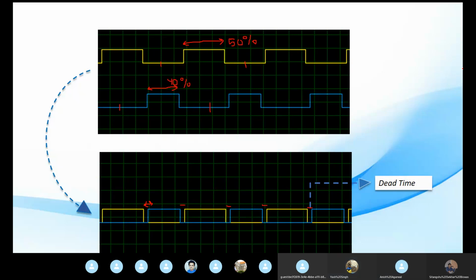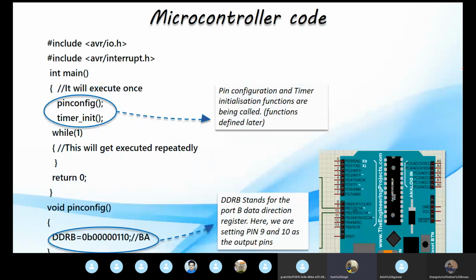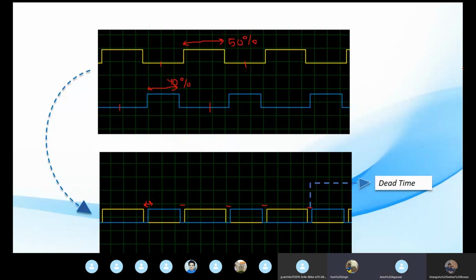Can you explain this once more? The thing that you said right now about calculating the dead time. In simple words, suppose the yellow wave remains on for a count from 0 to 512 and remains off for a count from 512 to 1023. And the blue wave remains on from 0 to 400 and remains off for the rest, from 624 to 1023.